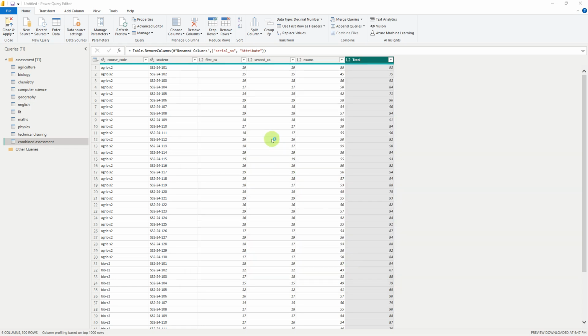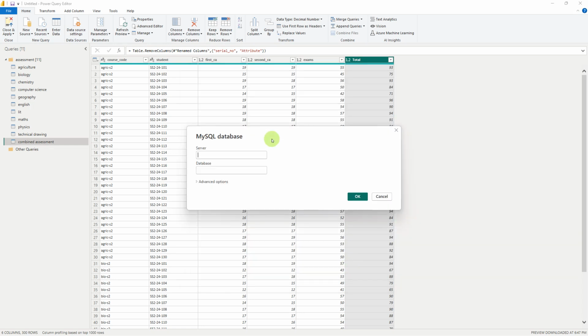Just connect. So I think I also want to use localhost hyphen 3310. I also want to import the assessment again, but this time around I want to import it